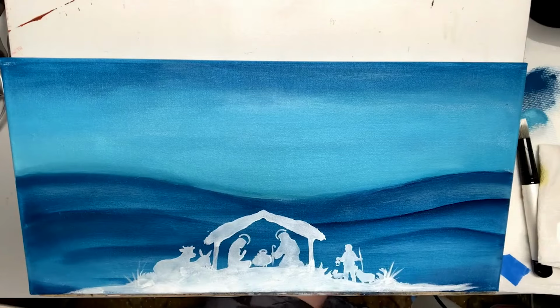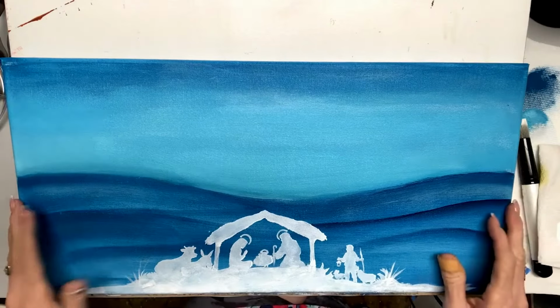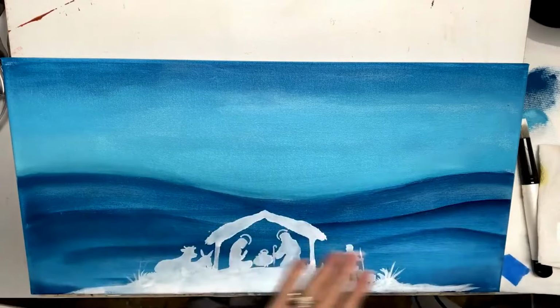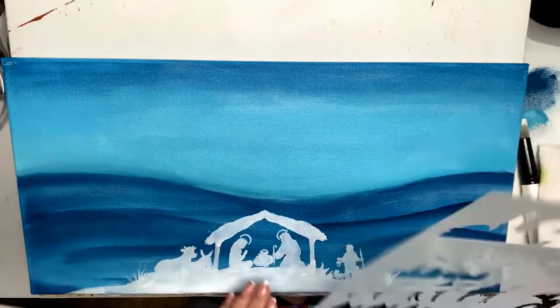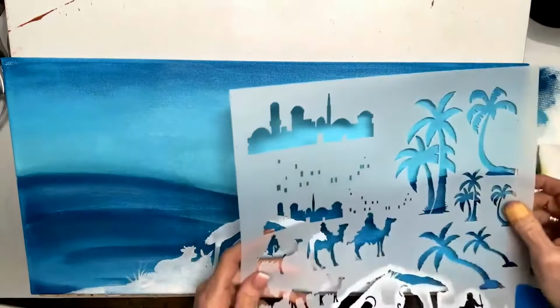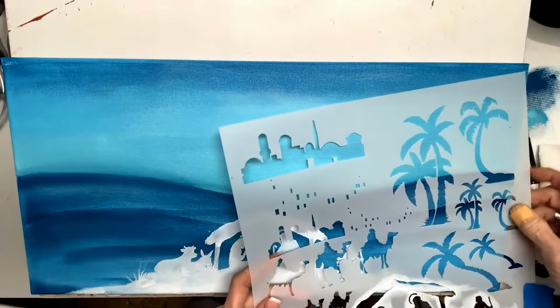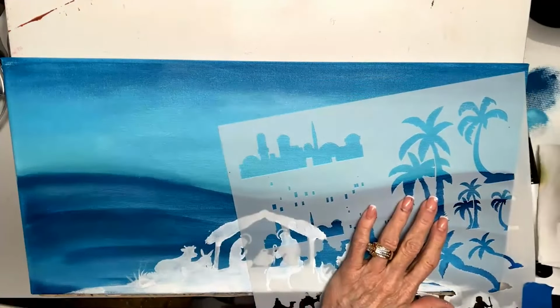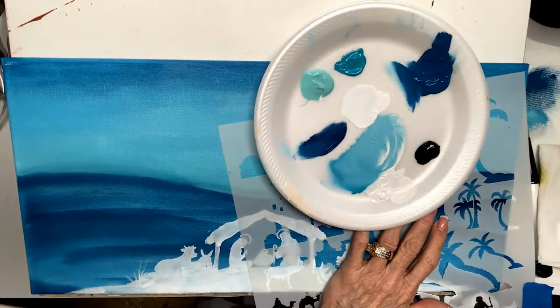Okay, I hope you'll be patient with me. I'm trying to show y'all everything so it makes sense. All right, now I'm going to come up here while that's drying a little bit. It's dry to the touch, which is a good thing, except right there. All right, so then I decided I want a palm tree, but I want it kind of leaning. Now what I'm going to do is use licorice, but you could use